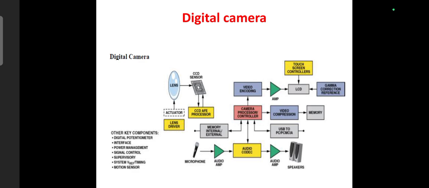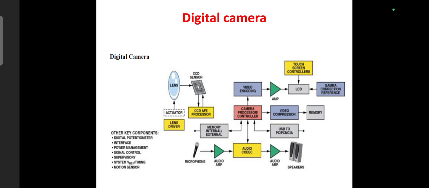The next important component is shutter. The shutter opens for a very short duration, allowing the light to fall on the image sensor. If the shutter remains open longer, more light reaches the sensor, making the image brighter. If it opens only briefly, less light enters, producing a darker image but allowing fast moving objects to be captured